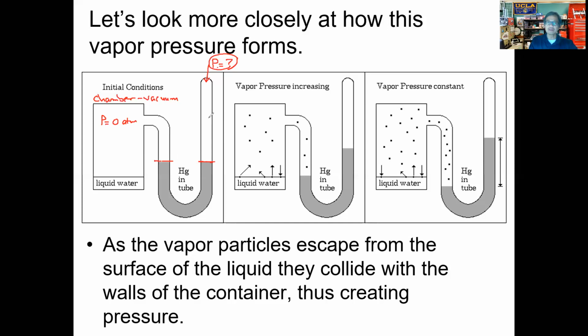Now imagine this: if this pressure was greater than 0. Now understand, first of all, you have to be able to determine that the chamber is a vacuum. The chamber is a vacuum. Pressure is going to be 0. Now, if this pressure here was greater than 0, would these two sides of the U tube be the same?